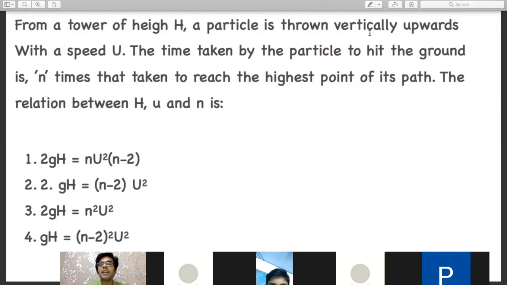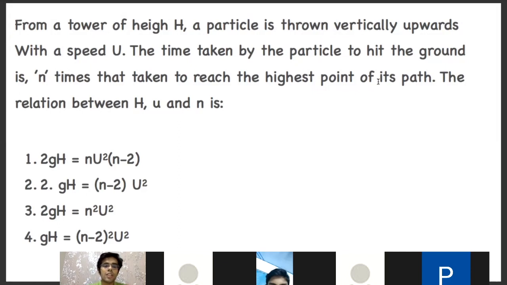So please take 3 minutes to attempt this question, and after 3 minutes you need to tell me either the answer or the approach that you will take to solve this question. Approach means the steps. What will be the first step that you will take? What is the second step? The third step, the fourth step, the fifth step, the sixth step. So either tell me the approach in the chat or tell me the right answer.